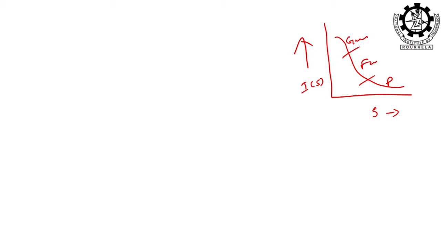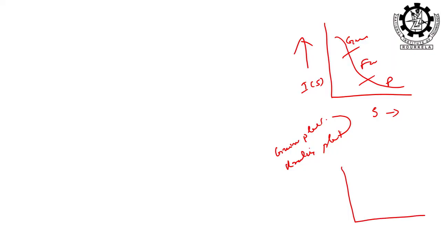So, size, shape, surface, all three are there in the same curve, but you have to distinguish from where you will collect the information. Then in relevance to these three regions there are two plots, one is Guinier plot and the other one is Kratky plot. These are the two plots from where you can collect important information relevant to size, shape and surface. So, now Guinier plot is in which region and Kratky plot is in which region, means which intensity data you are requiring for Guinier plot and Kratky plot.